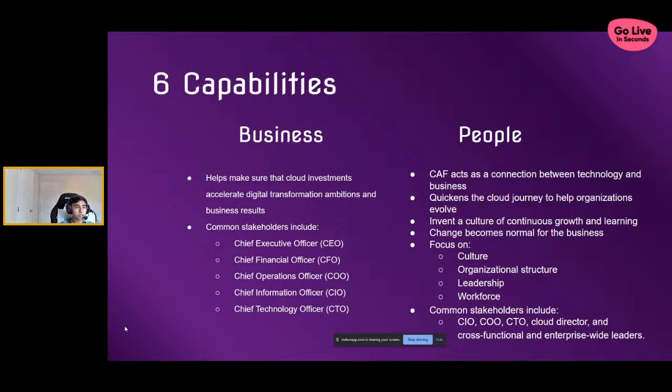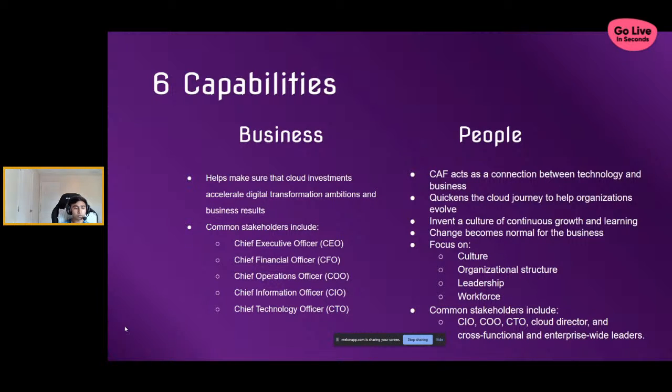For people, which is the next capability, CAF acts as a connection between both technology and business. It quickens the cloud journey in order to help organizations evolve. It invents a culture of continuous growth and learning. And because of this, change becomes normal for the business. And it focuses on culture, organizational structure, leadership, the workforce,